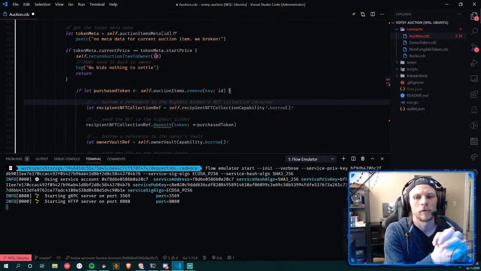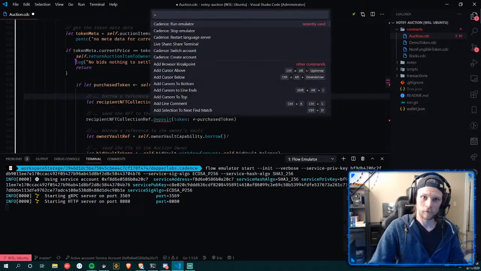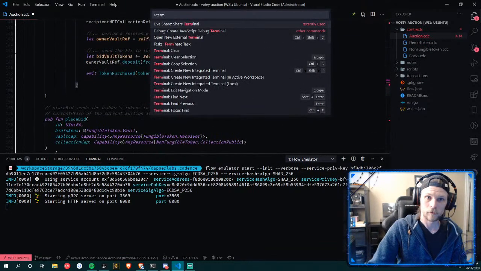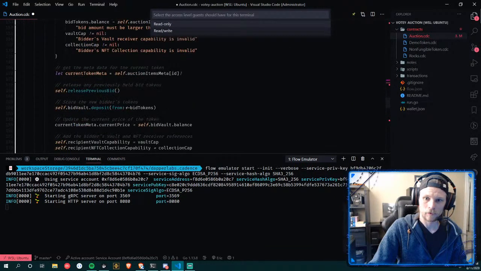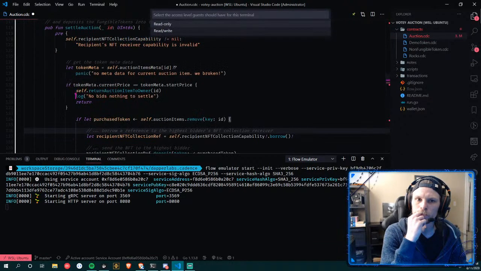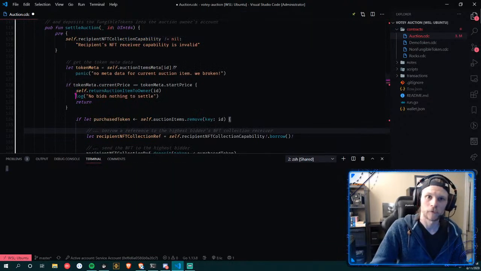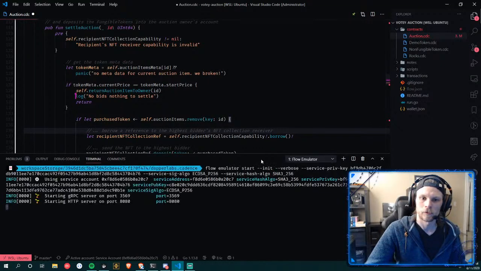Now it says I can't edit the read-only terminal. Let me see if you can. Can you see the terminal? Nope. But it says it's in the Flow emulator.